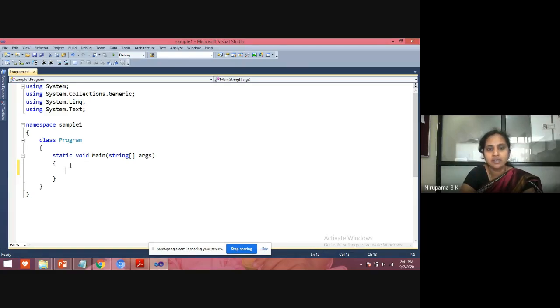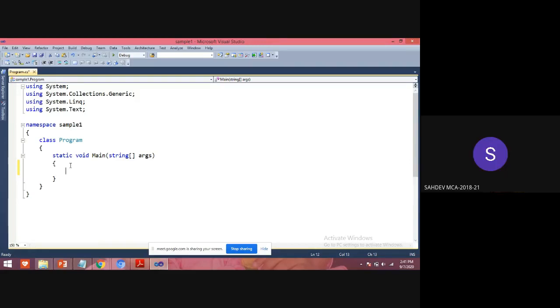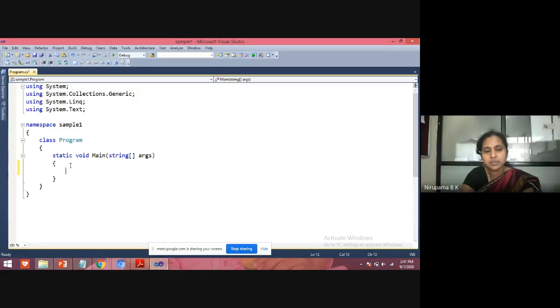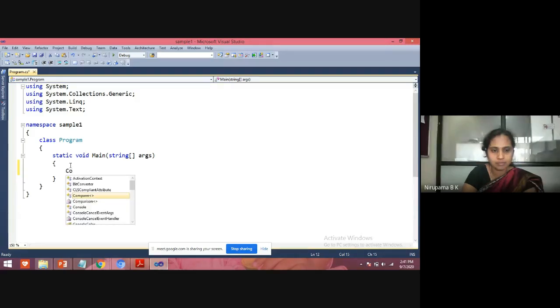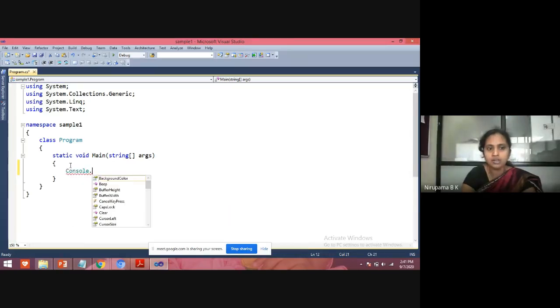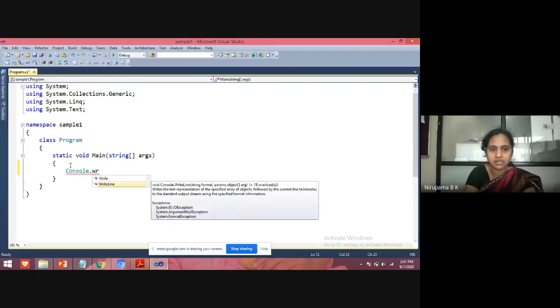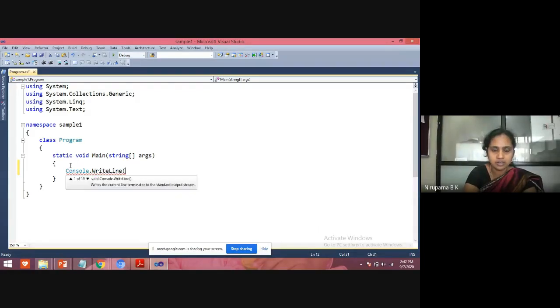In C++, we write cout to display any statement. In C#, we write Console.WriteLine. If you just click Write, it will display.